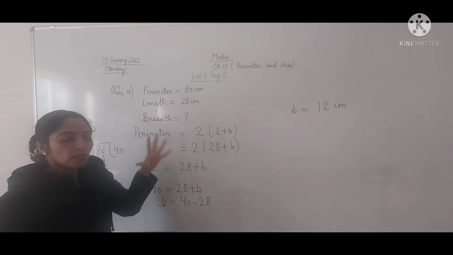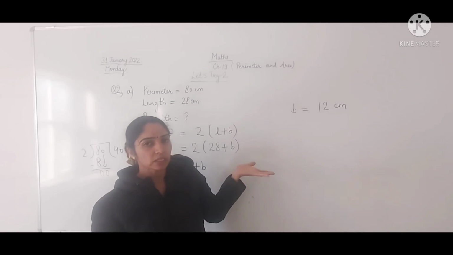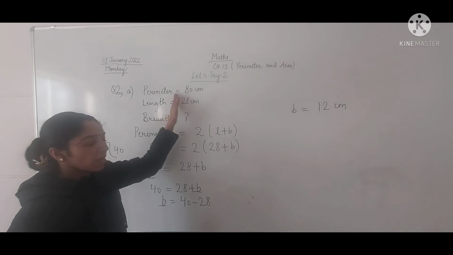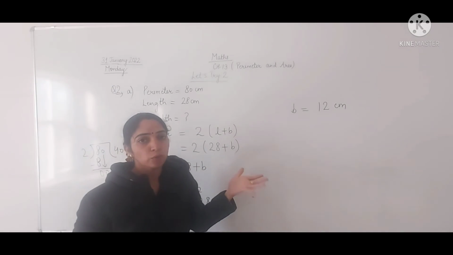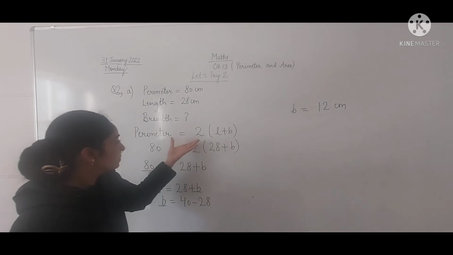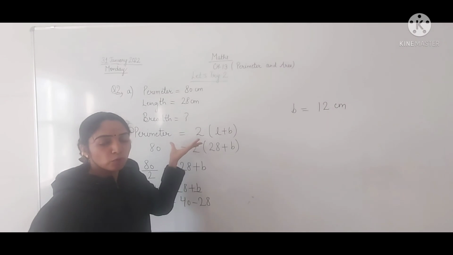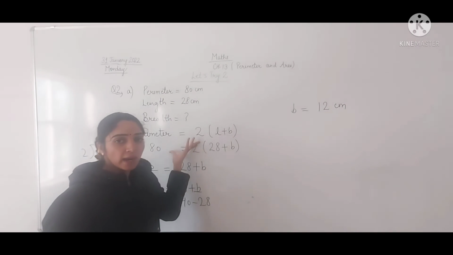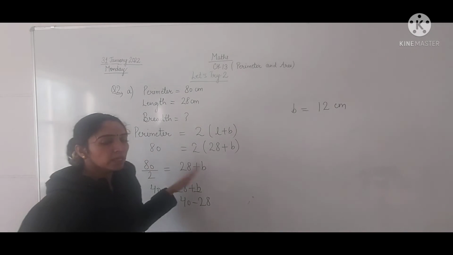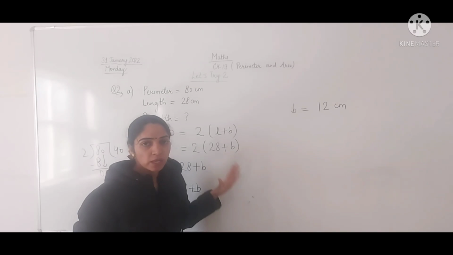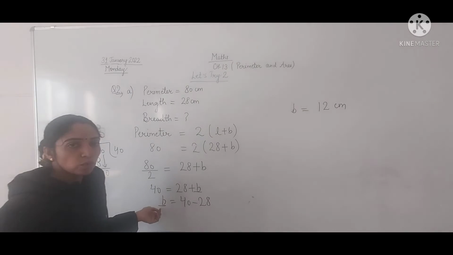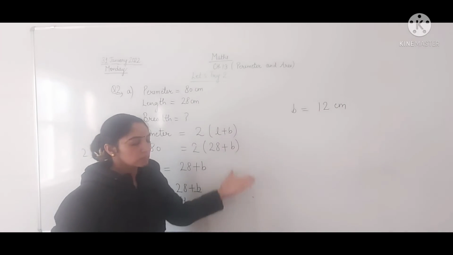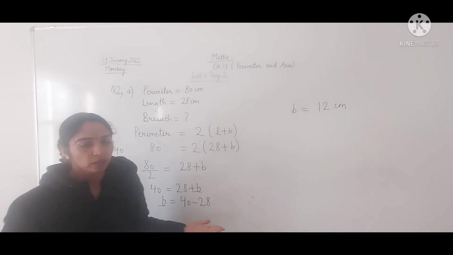Similarly, you can solve all the sums. You will solve them in the same way. You will be given the perimeter and the breadth, and now you have to calculate the length. So you will put the values that are given into the formula and shift them. The known values you take to the right side and the unknown you bring to the left side, and then you solve it. Okay.